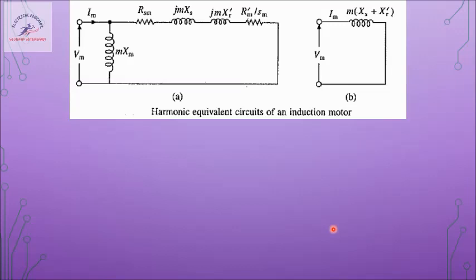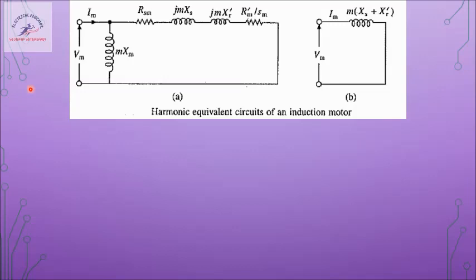So now we have seen the equivalent circuit of an induction motor in the first part, that is the analysis, where we studied the analysis of the induction motor at the beginning of this module. There we have seen the equivalent circuit of an induction motor and have derived the torque equation, and also found the equation for the rotor current. Now the same circuit is analogous here, but instead we see the term M several times.